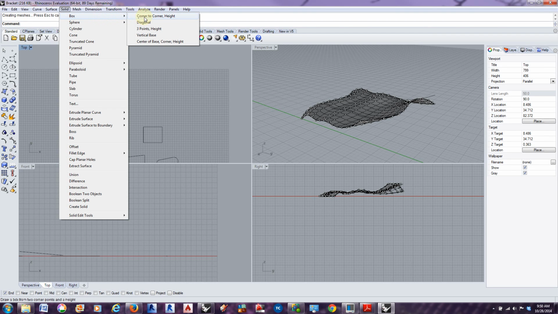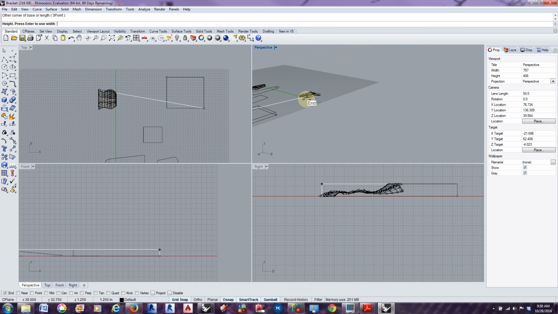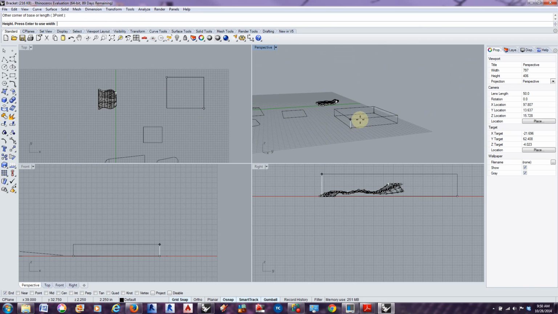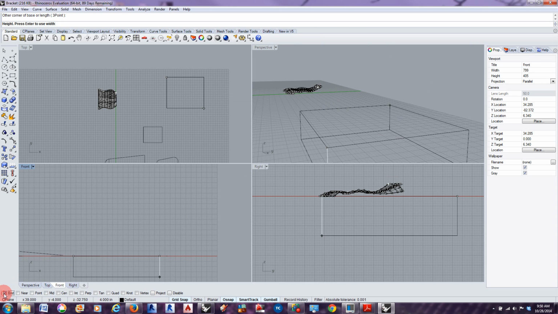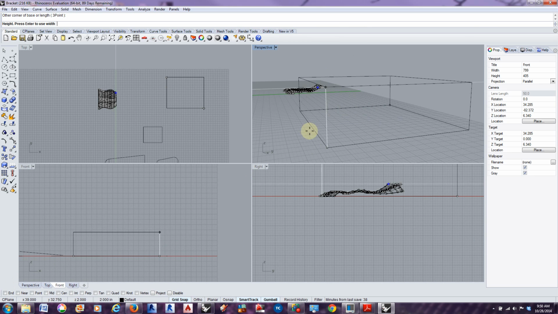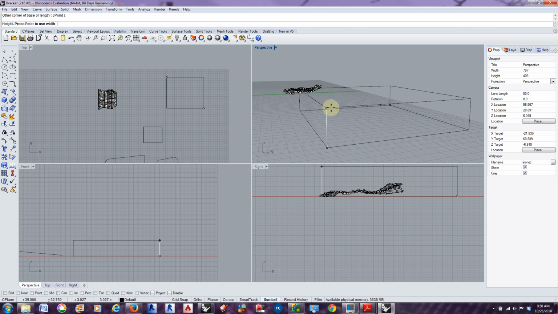box using the corner to corner. I'm just going to create a box, and then in my 3D view, for a little bit more control here, I'm just going to go ahead and make a giant box. I'm turning my snaps off so it doesn't lock to anything, and I'm going to turn my grid snap off and my smart track off because it was starting to smart track to other objects, which is,